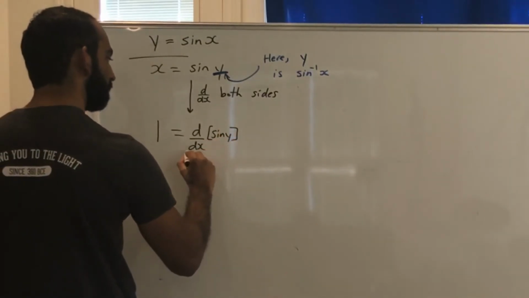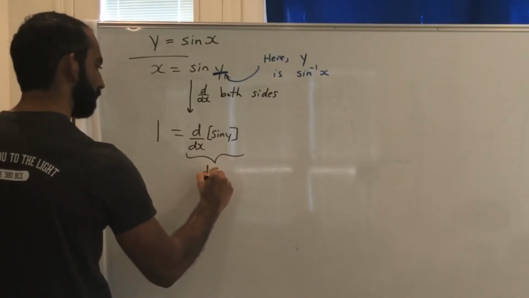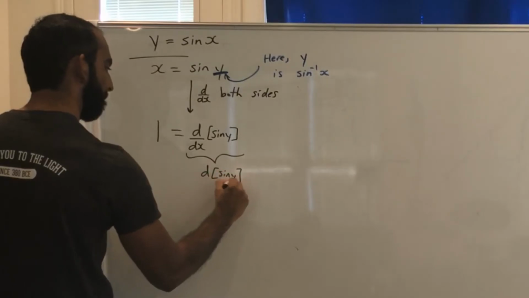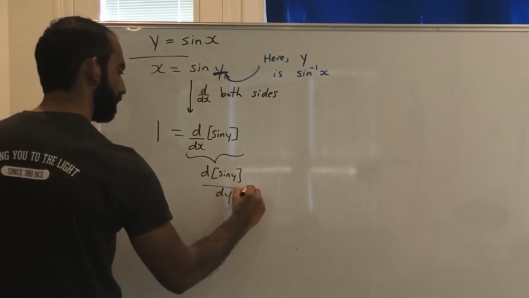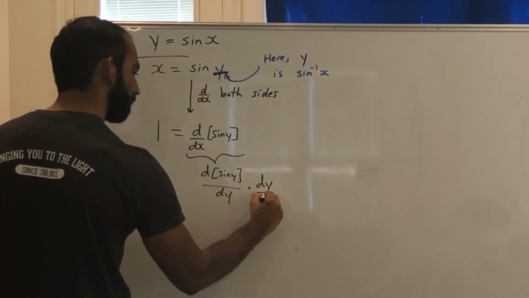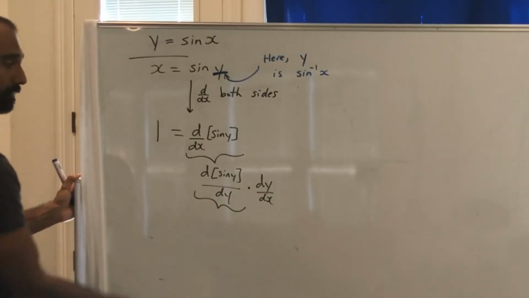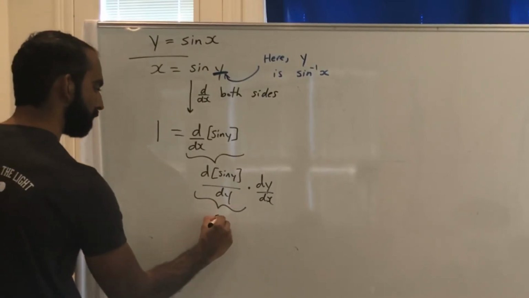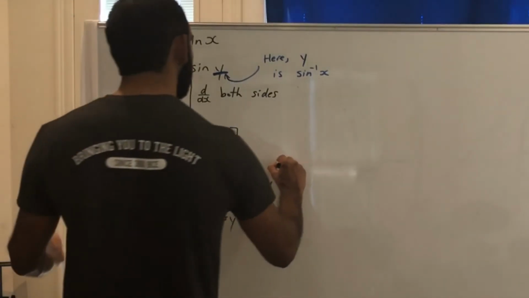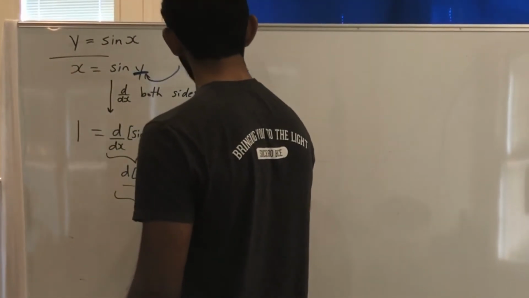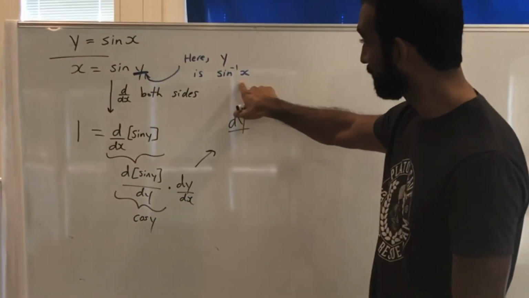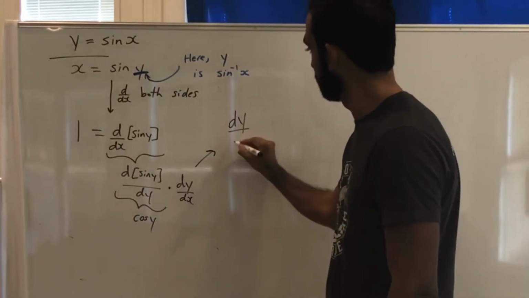d/dx of sine y is this times this, yes? What is the derivative of sine with respect to y? Cos of y. Right. My variables match. Cos of y. So the derivative of y, where y here represents the inverse of sine,